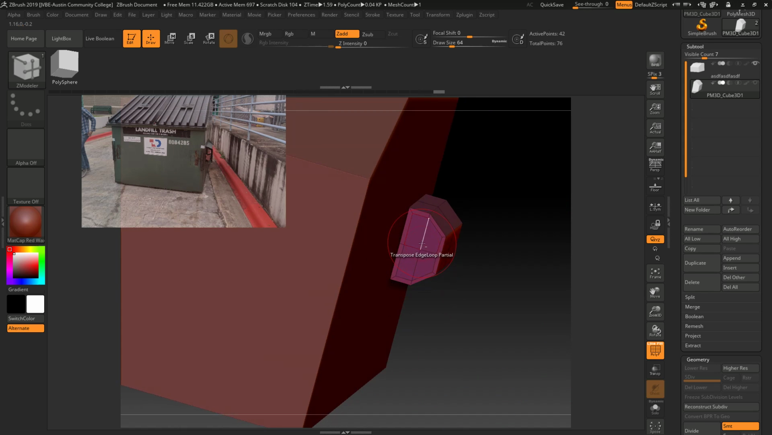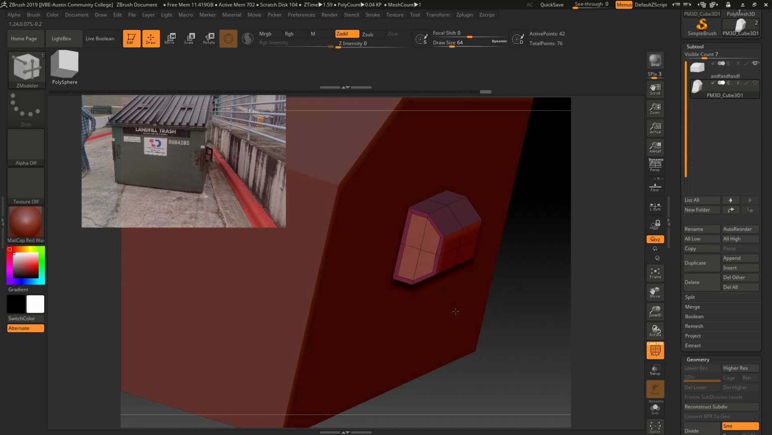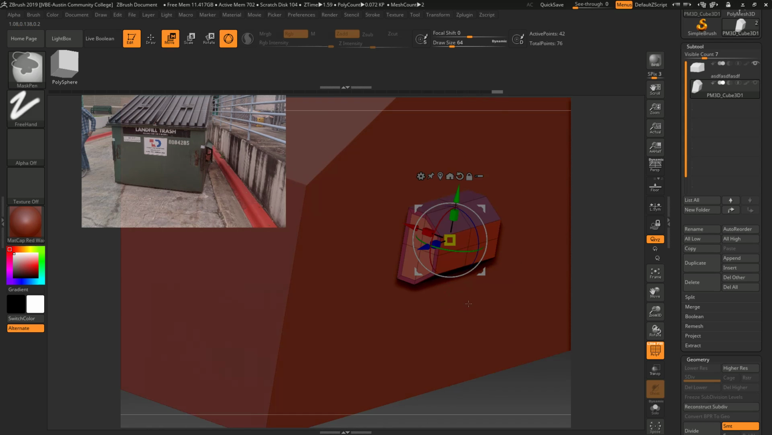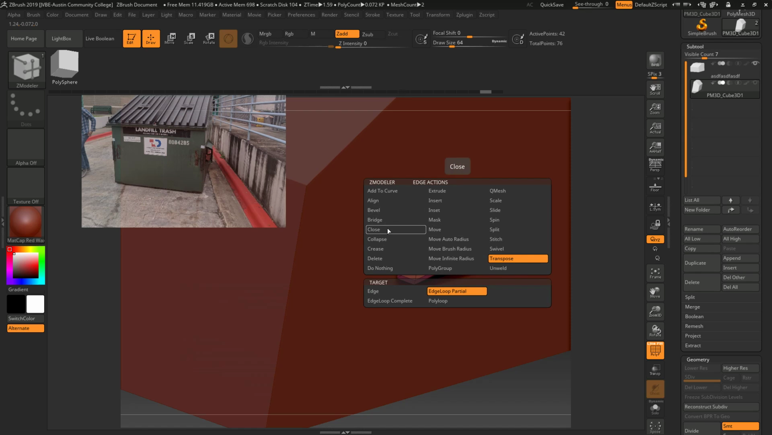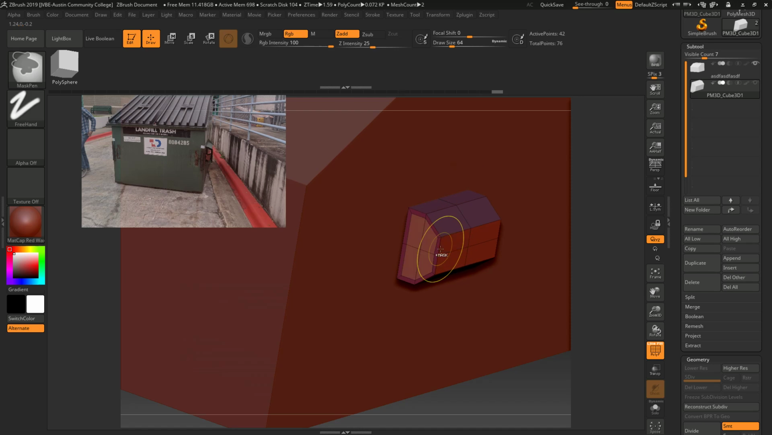Take your time when you're mousing over your sub objects as well, because you can click on things by accident and get different results. So if you're moving quickly and you're not comfortable with it, you can always set your edge to do nothing. Boop. And then when you click on it, nothing happens. Alright, so let's go ahead and